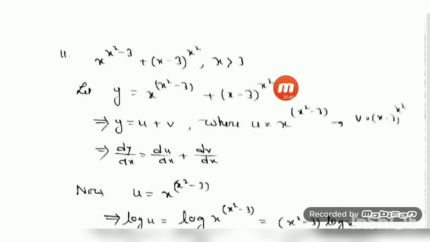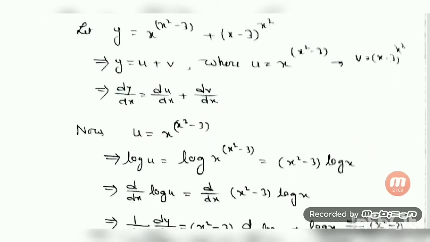So you have to take logarithmic differentiation, but before that you have to give the name, because log directly we cannot take, as there is no formula for log of m plus n. So I just name it as u and this as v. And then I take the derivative, dy/dx equal to du/dx plus dv/dx. u is this much. Then take log on both sides.